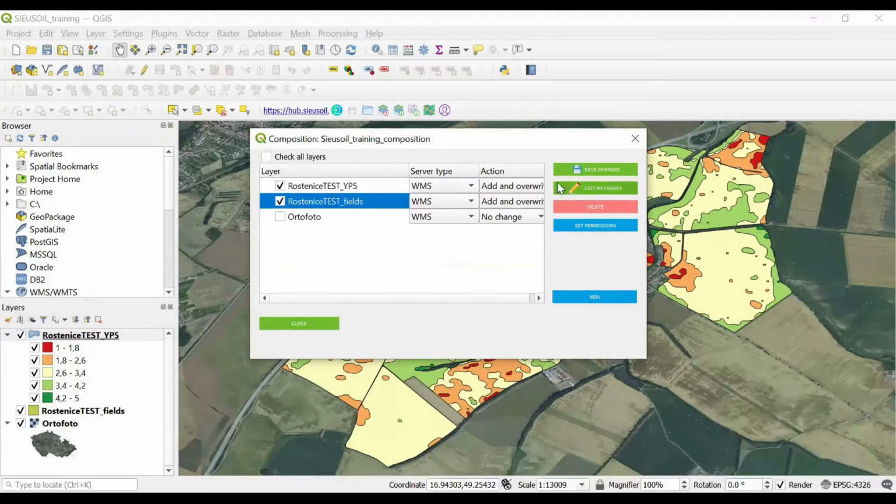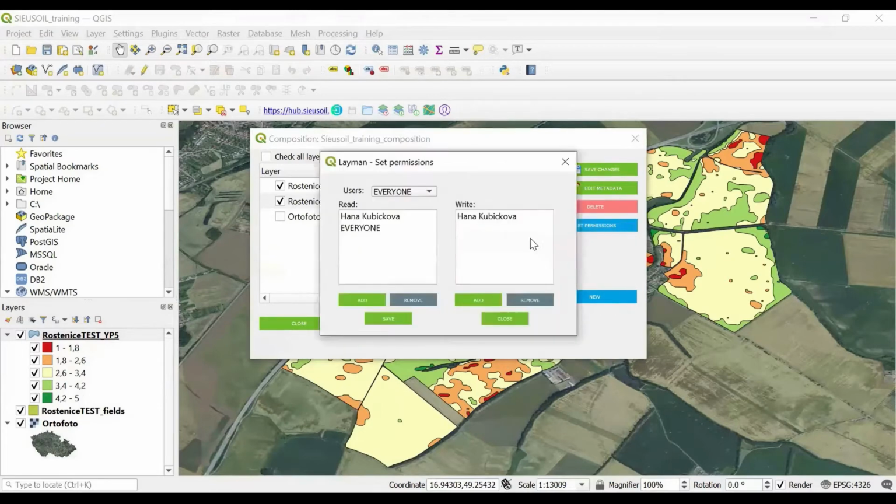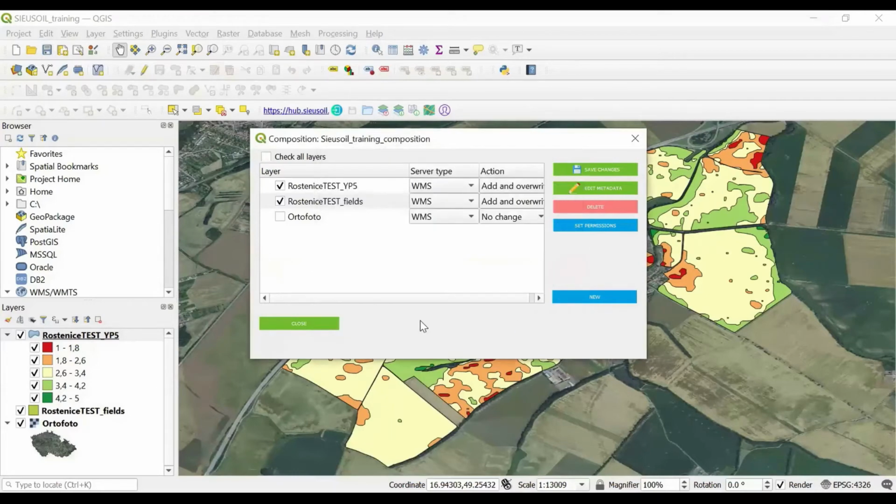You can also edit metadata, but I don't want to change anything, so I will close the window. You can also set permissions for this map composition, but I am satisfied with reading and writing rights, so I will close this window, and the last thing that remains now is to save changes. So let's click on it.